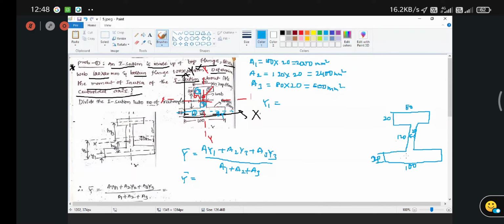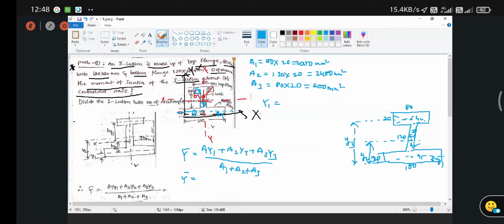Yes. So here is the centre of the first section, the centre of the second section will be here, and the centre of the third section will be here. How are we going to get it? By drawing diagonals. By drawing horizontal lines, I have divided it into three sections, and by diagonals we find the centres. So see here, this is your y1. And from the base, this is y2, the centre distance for the second one. For the third one, this is your y3.